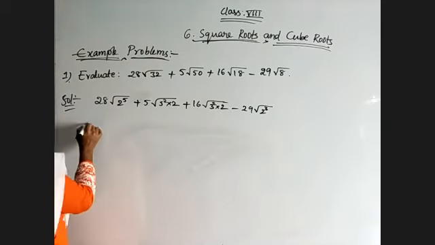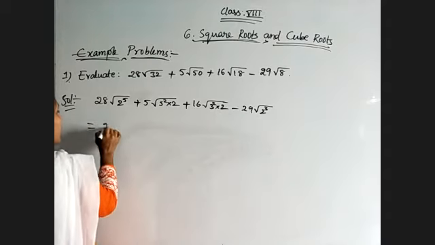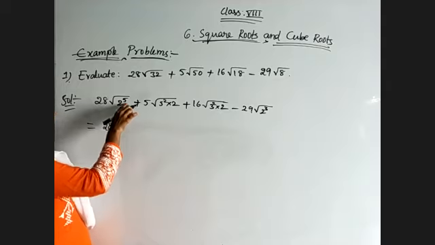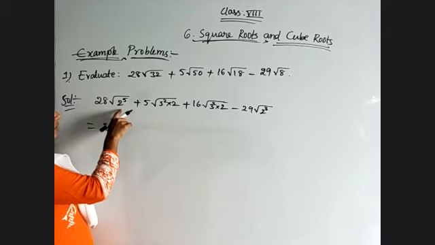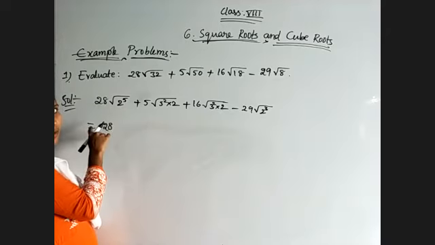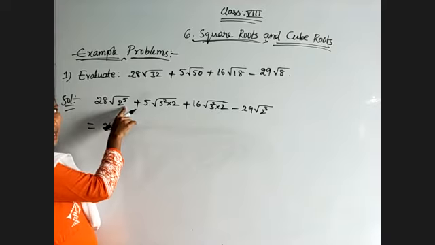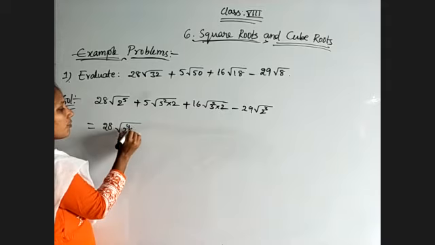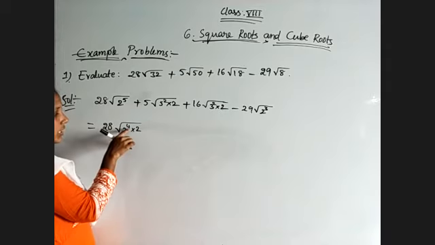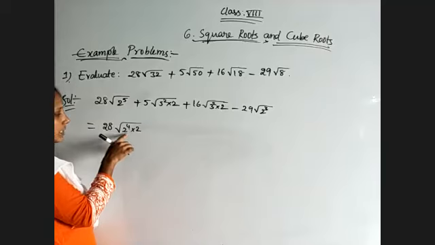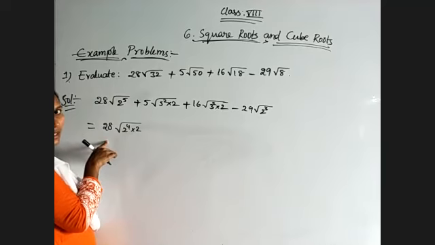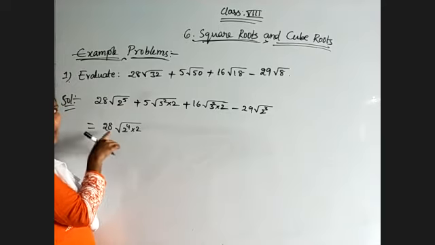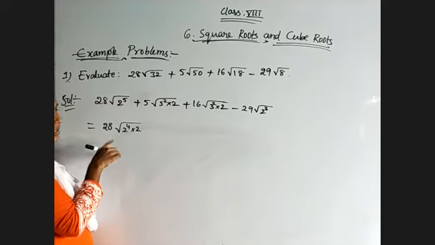okay, now what will you do? Root 32, see, we know that root is nothing but power divided by 2. Means 5 by 2, means 2 power 4, so for 2 twos we can write 2 outside and 1 two will remain back. Means what I am writing: 2 to the power of 4 and 2 power 1. Then for 4 by 2 I will get 2 twos outside. 2 power 4 is nothing but 16. 16 root value is 4. 4 root 2 we will get.